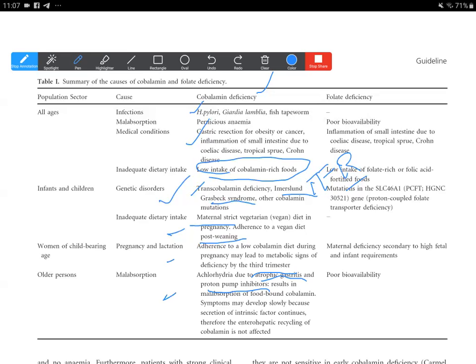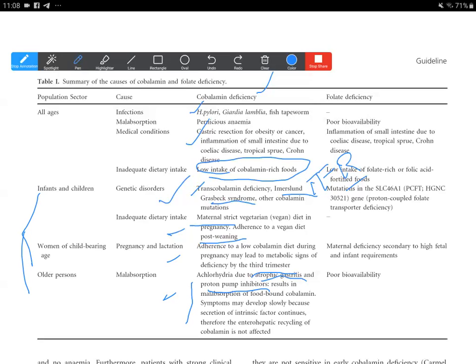So in elderly and women, the deficiency sets in in women in the third trimester, in elderly also after probably prolonged use of proton pump inhibitors and atrophic gastritis or certain malabsorption or low diet. And also in those patients who have poor dentition, also from a very early age, they may start avoiding meat. So in those elderly also, they are at risk of cobalamin deficiency. So women, elderly, and then infants, these are the high risk ages, and the causes are of course in infants the genetic causes, and then those related to maternal intake.